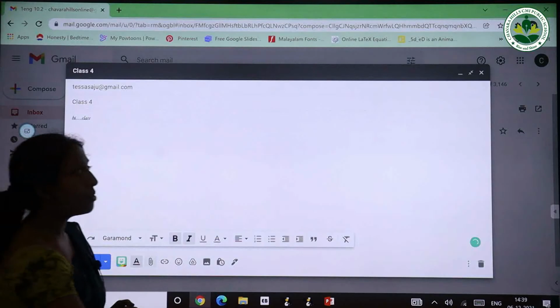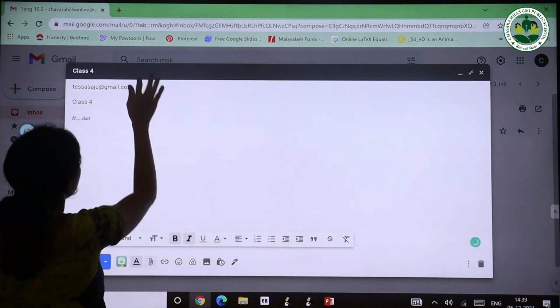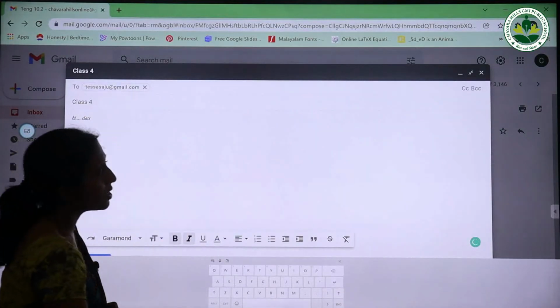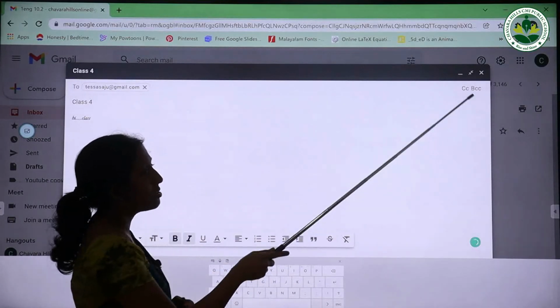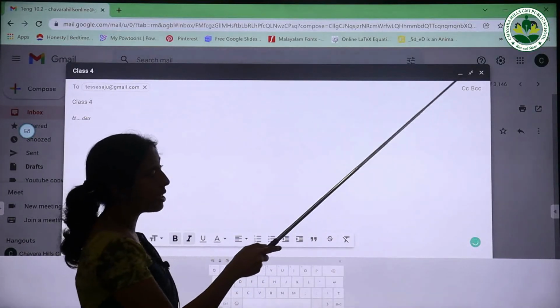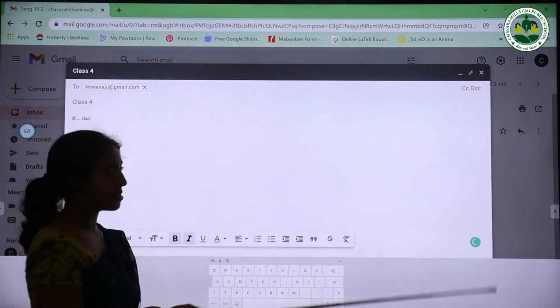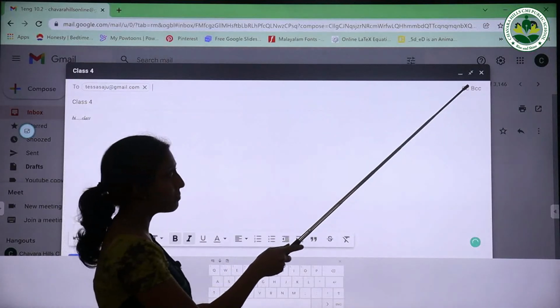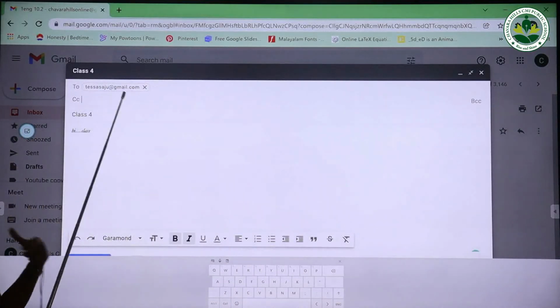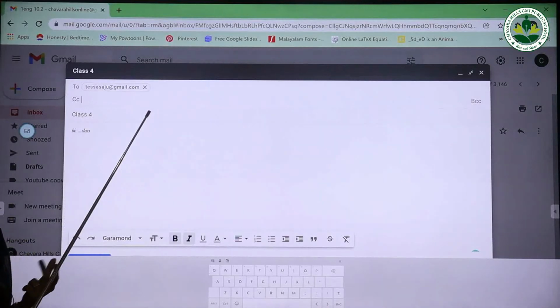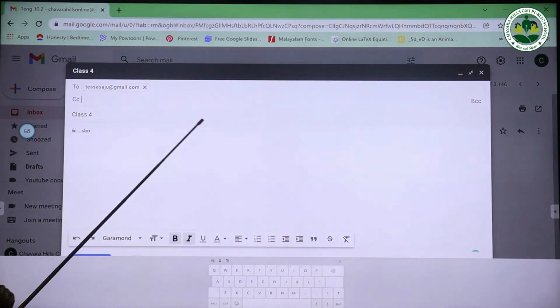We have learned about CC and BCC. Here you can see the CC and BCC options. If you want the receiver to know that a copy is sent to a third person, you can click on CC. When clicking on CC, a new line appears, and you have to type the address there.